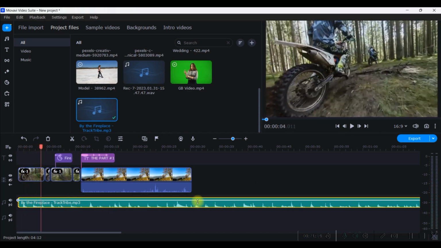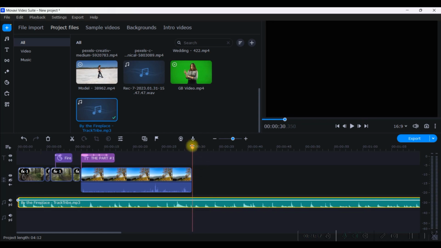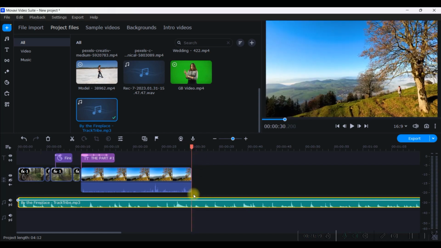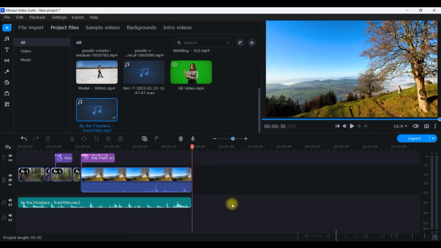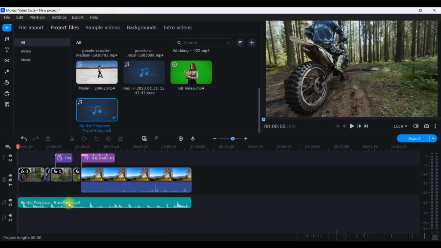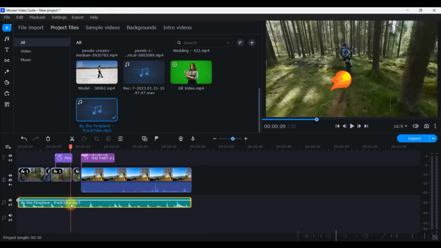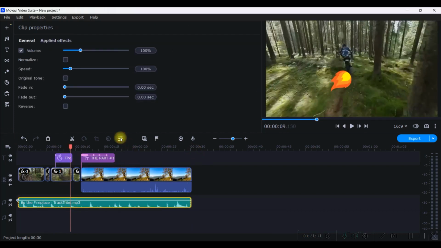Okay, so first things first, I'll have to cut it till the length of my video. So just keep the audio track selected, right click, speed, just select the extra part and delete. First of all, there are a few more adjustments for the audio track. Double click on this or go to this clip properties option.